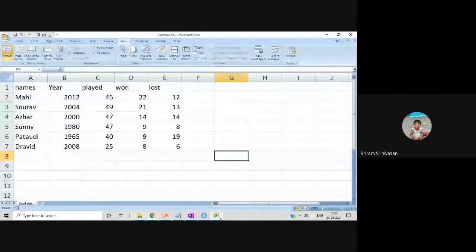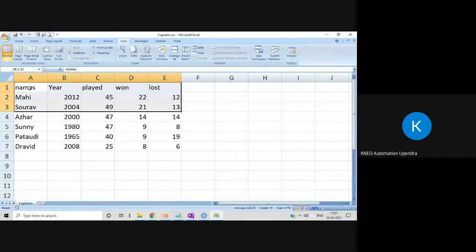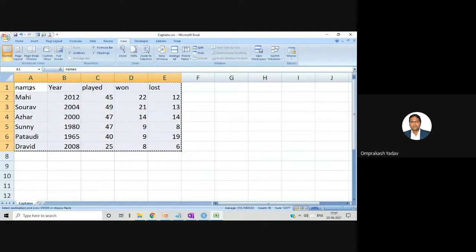Sir, just a question: I want to see the graph for this COVID Mumbai data set. How can we do that? See, we will not plot a graph directly for the entire data set.